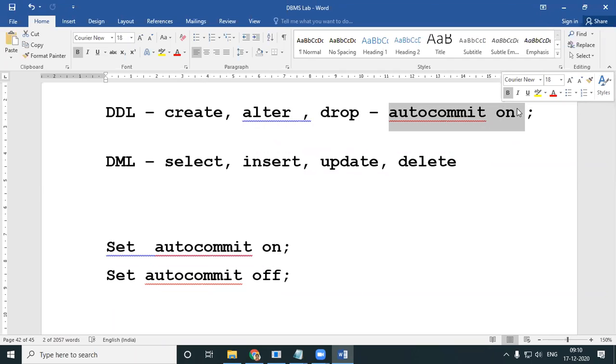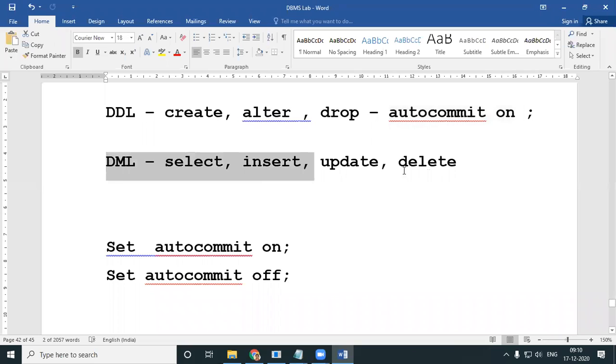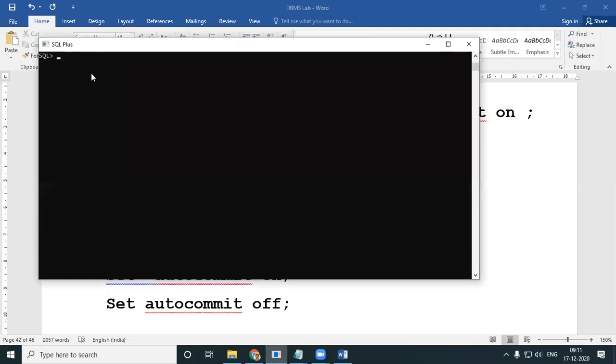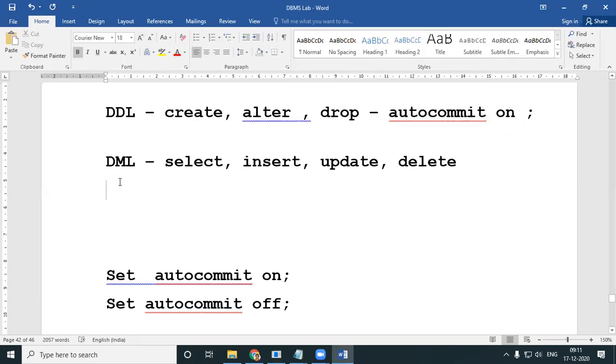It is always there. But many of you have encountered cases like, you call up me and tell, ma'am, I inserted an entry into my table. The next time when I opened it up, it wasn't visible. The entry wasn't there in the table. All that happens because, for DML, by default, the auto commit is off. But the moment you type an exit, okay, the moment you type an exit over here and then you exit your SQL plus, all the things which are pending in your DML, it gets committed.